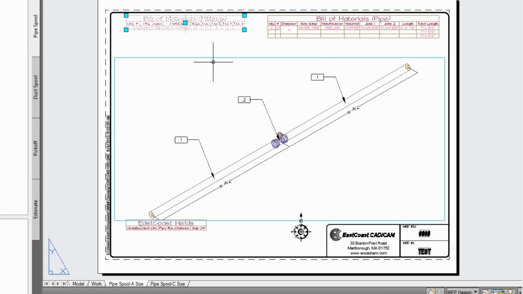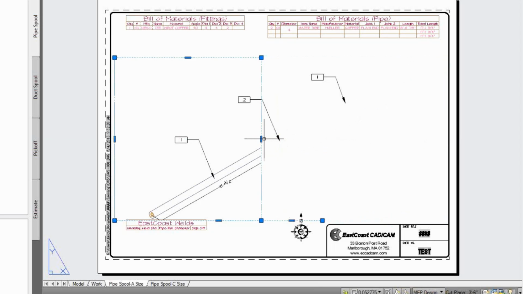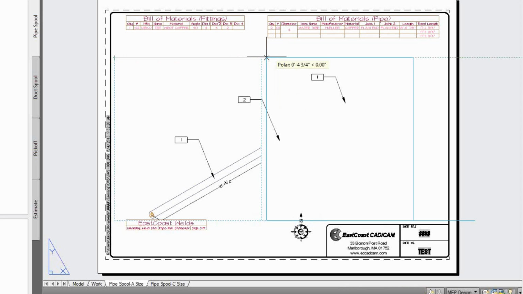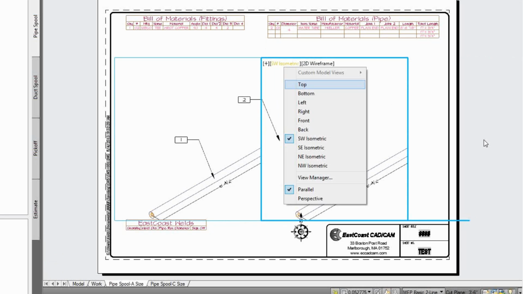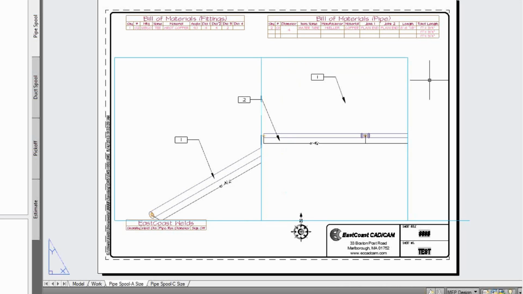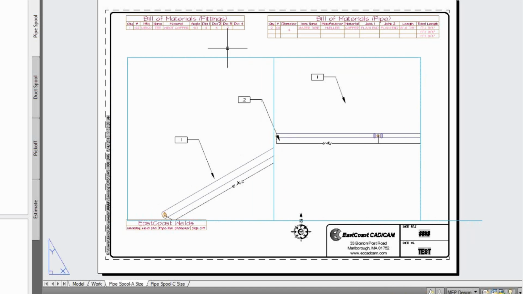And I should also note that you can create as many viewports as you want. So if I take this viewport and bring it over here, I can copy it and create a secondary one and bring it over here. And let's go ahead and put this one in plan view. And I'll just go ahead and center them up a little bit. I'm not going to spend a lot of time on it. As I said, we have a couple different webinars in our video section on our website